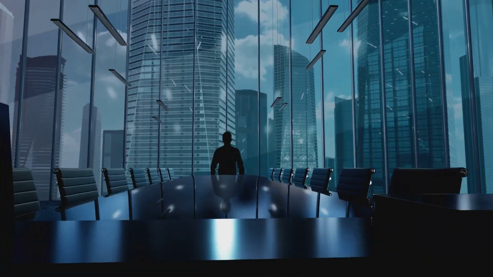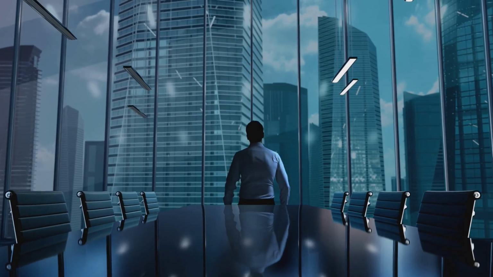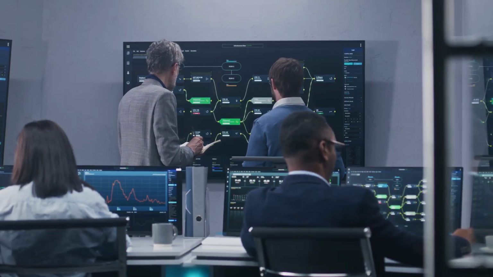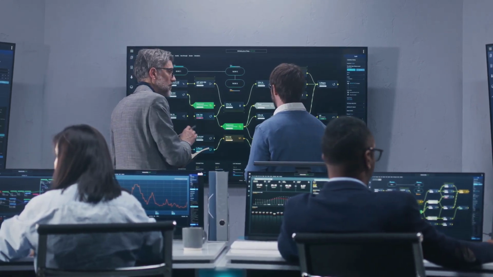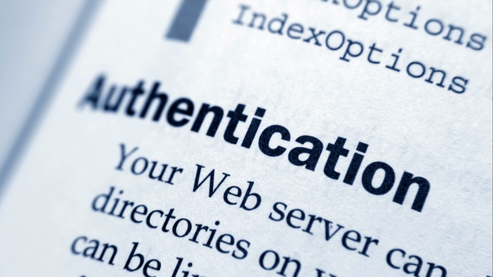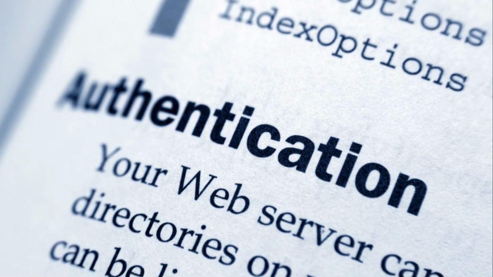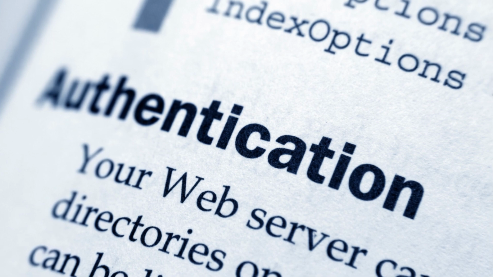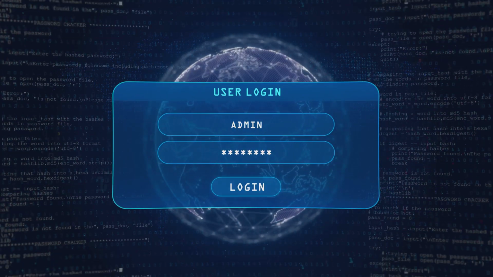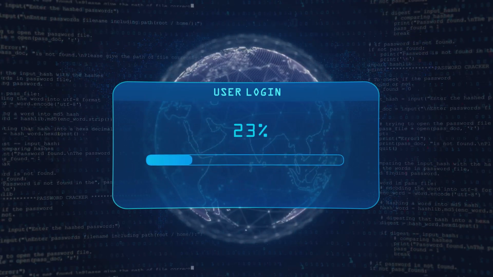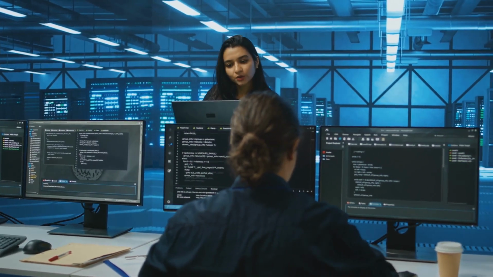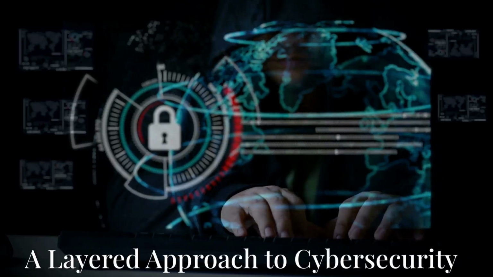Section 8. Centralized Identity Providers. Simplifying access management. Managing user access to various applications and services can be a daunting task, especially in large organizations. Centralized Identity Providers, or IDPs, offer a solution by providing a single point of authentication and authorization. Instead of having separate login credentials for each application, users can authenticate once with the IDP and access all authorized services. This simplifies access management for both users and administrators.